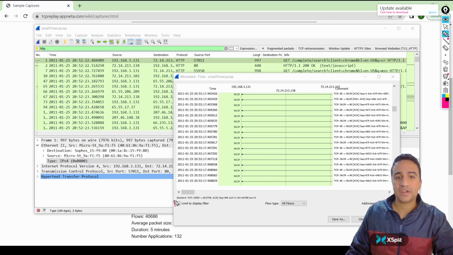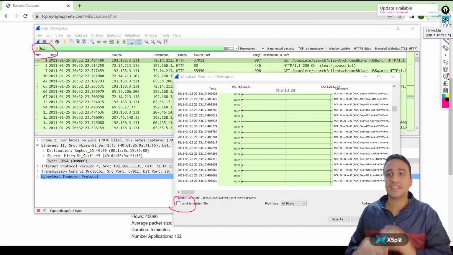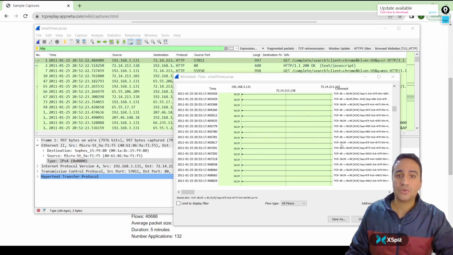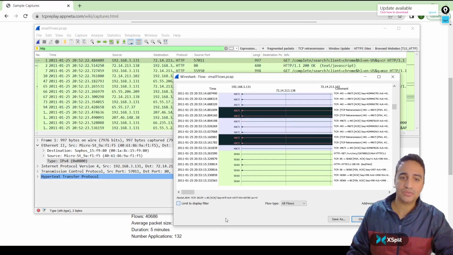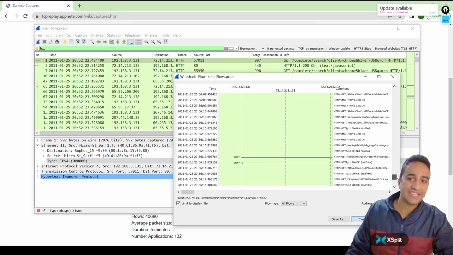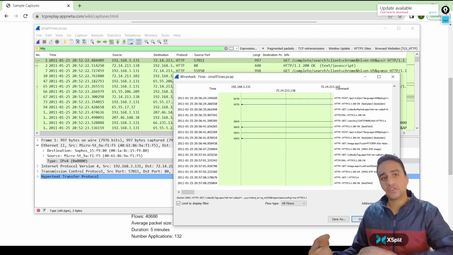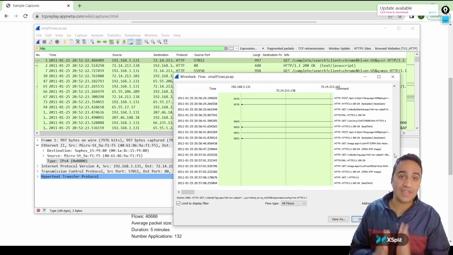So whenever I click on this part, it will take this filter and apply it, and I will see only data related to this filter instead of seeing the whole traffic of the network. So here, when we click on the limit to display filter, I will only see the flow graph related to the HTTP traffic. So for professionals who are troubleshooting HTTP-based requests,